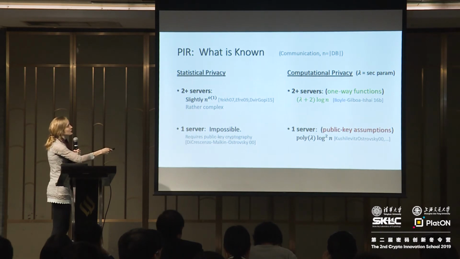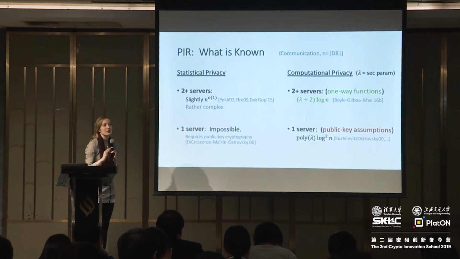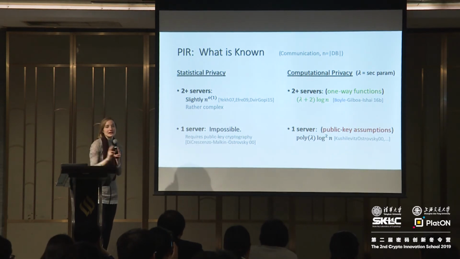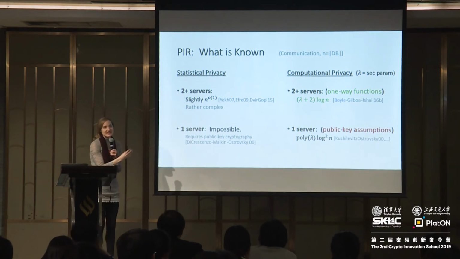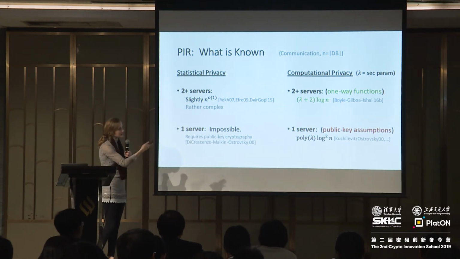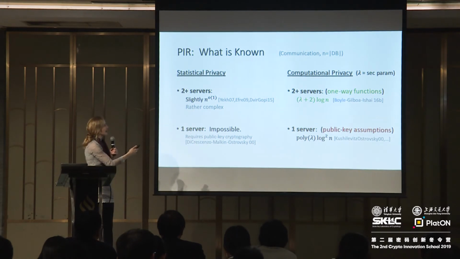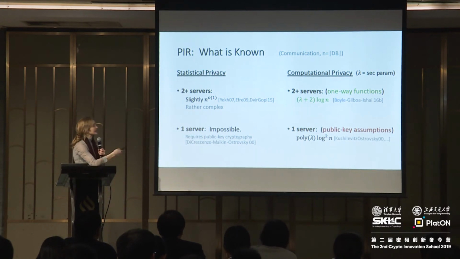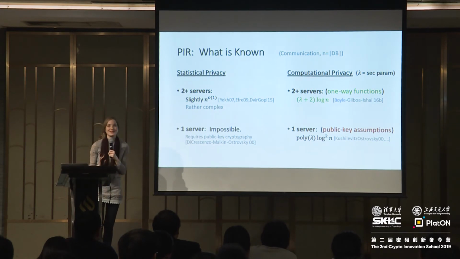So the statistical versus computational privacy, this is going back to when the server's view for index i versus index i prime, that they're indistinguishable, whether this is in a statistical sense or computational. Basically, whether you're making computational assumptions. So over on the statistical privacy side, for the one server case, we know it's impossible. For more servers, there are a lot of really interesting developments with locally decodable codes and other areas, not so much tied with cryptography. But these are a fairly n to the little o of 1 cost, and they're quite